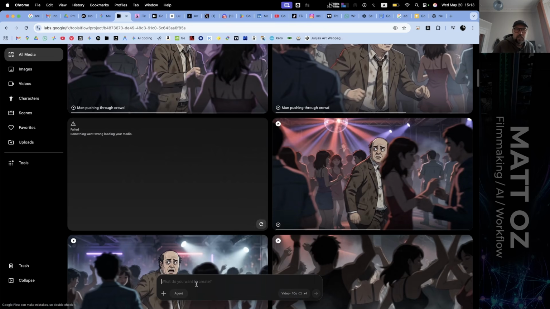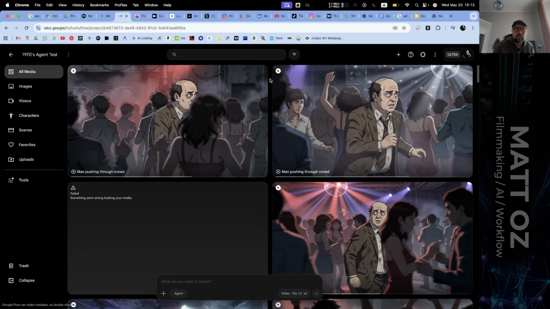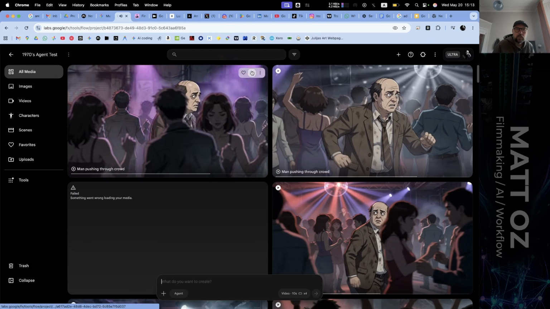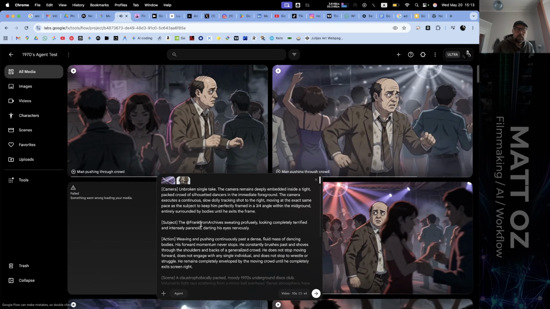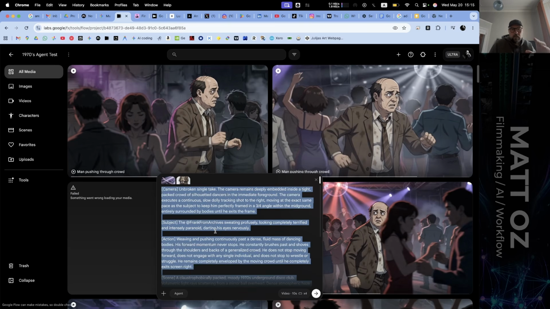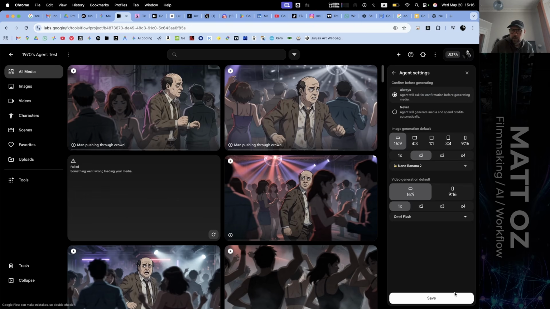Okay, so we're getting some issues. I think, quality-wise, decent. Not getting the angles that I like, the control that I want. Let's see what we can do if we try to push the Omni agent to give us multiple angles of this shot. So I've got my little chat window on the side to help me build an agent request for this prompt. So I'm going to go to the agent. I'm going to go here and let's have a look at the settings.